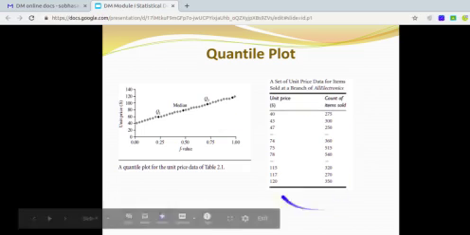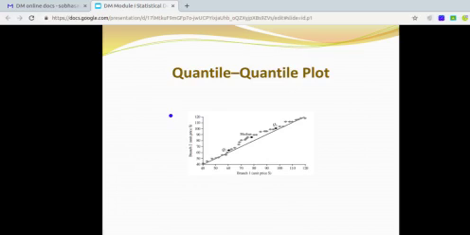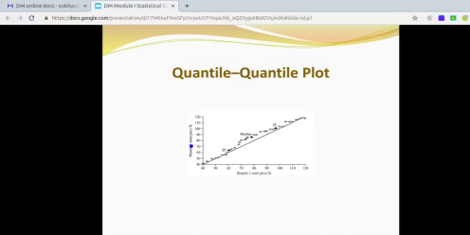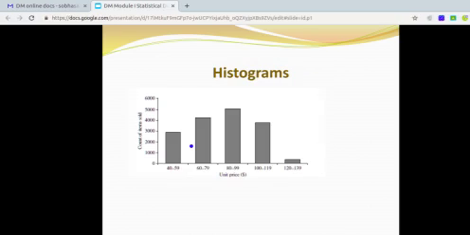The data is given over here, the corresponding plot is represented over here. Here is a quantile plot. Here you can see that the data is non-symmetrically distributed. So you may have to draw a straight line representing the majority of the data. That is something called a quantile plot. Here also you are representing Q1, median and Q3, taking one attribute on the x-axis and another attribute on the y-axis. This is the concept of a quantile plot.